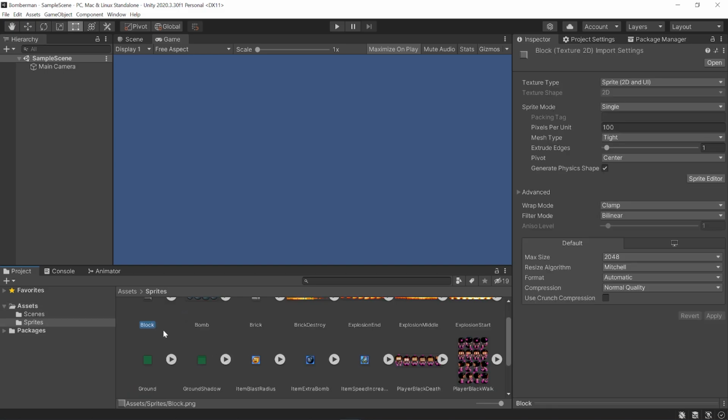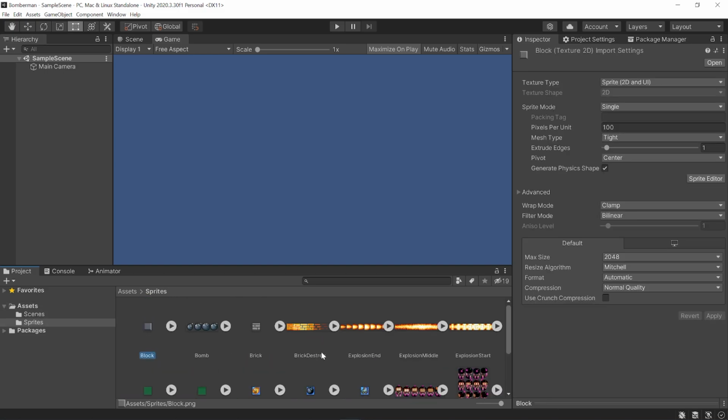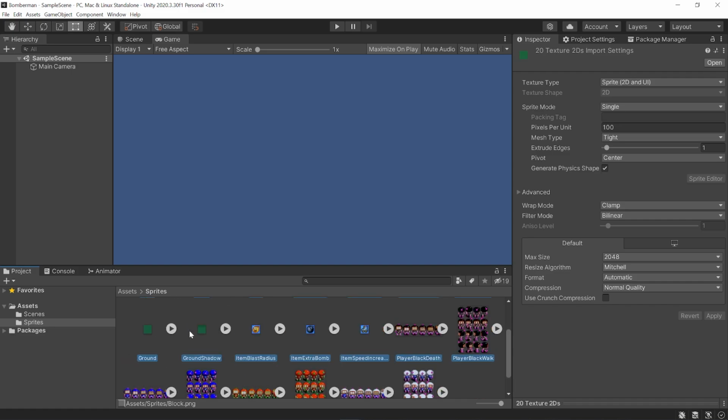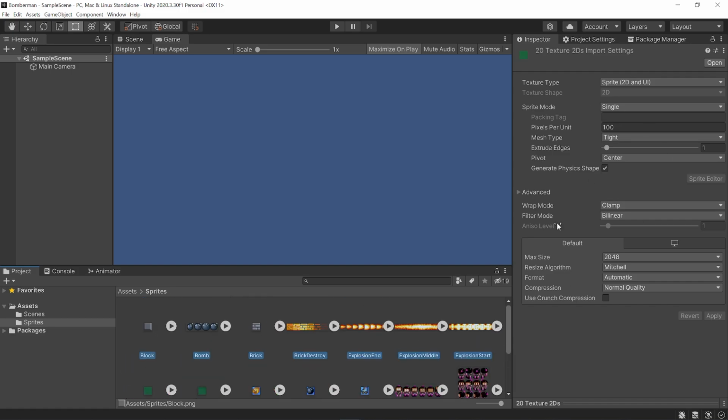And now we also need to change some of the import settings on these sprites. So if you click on any of them on the right here in our inspector, you can see various settings on these. And I'm going to select all of these sprites because we're going to change the same settings for all of them. First, I'm going to set the pixels per unit to 16. Now this value is unique to the sprites that I'm using. It could be different if you create your own custom sprites, but all of these are designed around usually 16